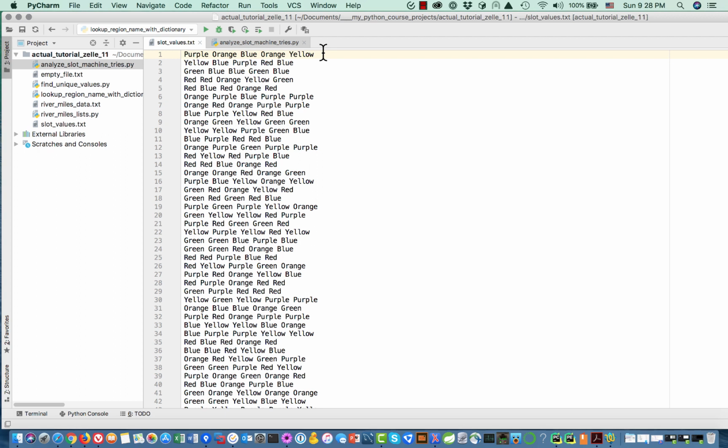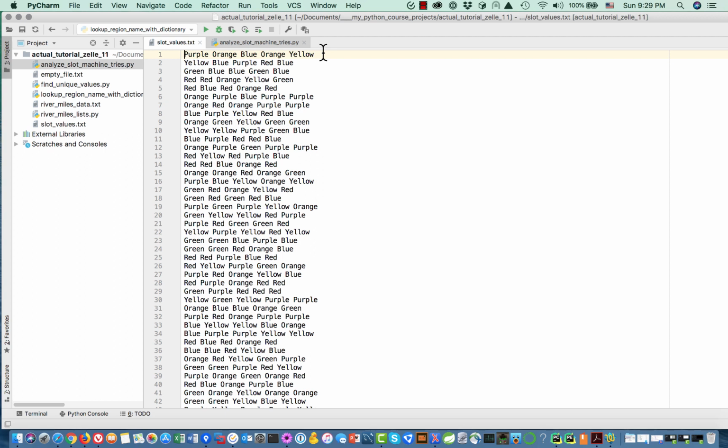Okay, now when I generated this file, I was expecting it to be pretty evenly distributed. I used a random number generator when I did it. So over the whole file, over the 5,000 tries, the number of times that we get a particular color of the six should be pretty much the same. Okay, so if we count these up, if we do a count of each of the colors,